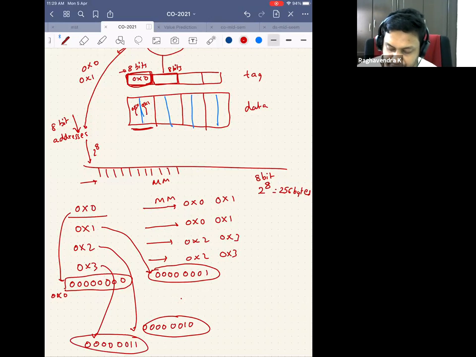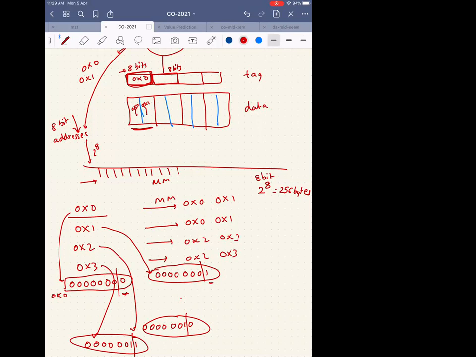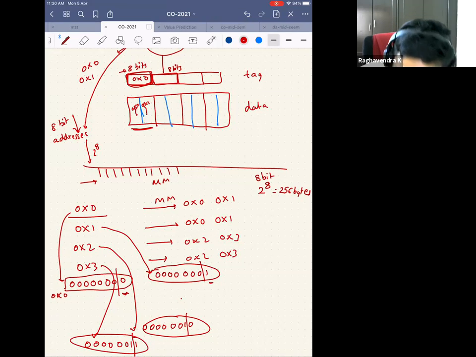Instead of storing 8 bits, if I store 7 bits, what happens? I'm storing only this much part, only this much part, only this much part, and only this much part. Why am I not storing this bit? Because it is changing. We have 2 values for this. So I'm storing 7 bits here, and the 8th bit is 0 here and 1 here. I'm storing only 7 bits. Do you agree to this? Yes, sir.